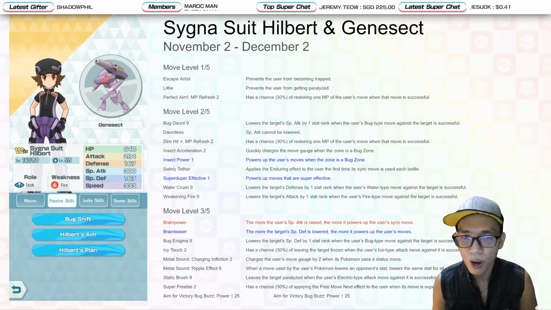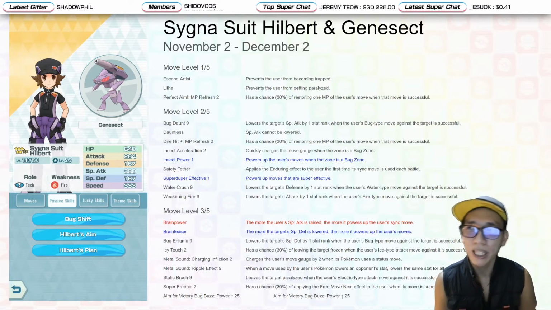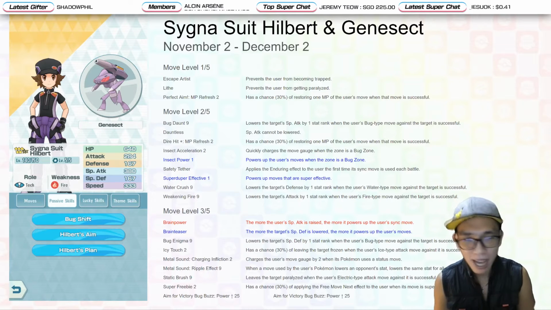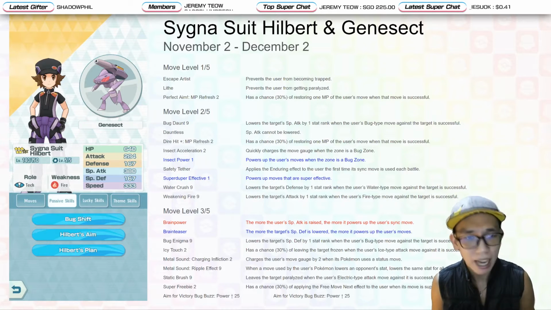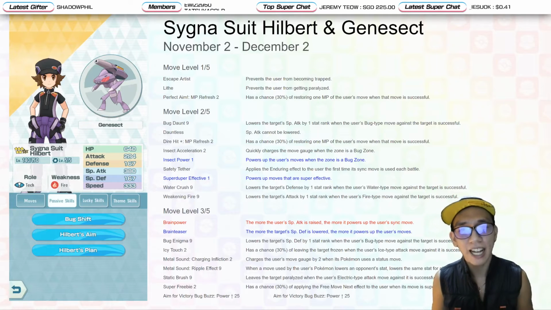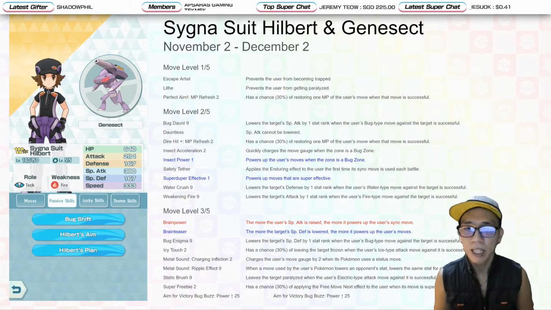Super Effective 1 powers up your Techno Blast if the opponent is weak to fire, water, and so on. And at 3 out of 5, you get Brain Power. Basically, to maximize this one, you just have to use your Perfect Aim twice in order to maximize your special attack. And the higher your special attack stat is, the stronger Brain Power will make your sync move become. Brain Teaser,